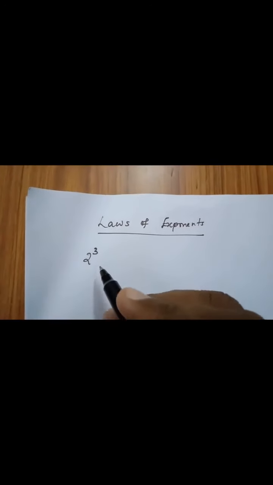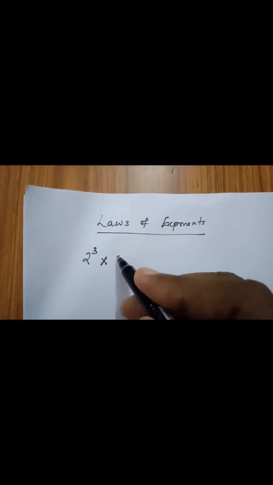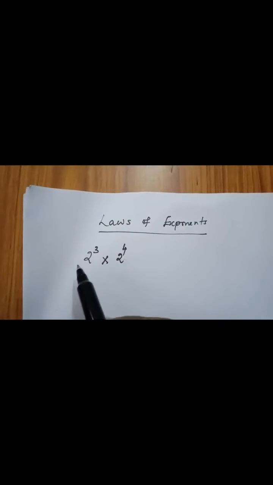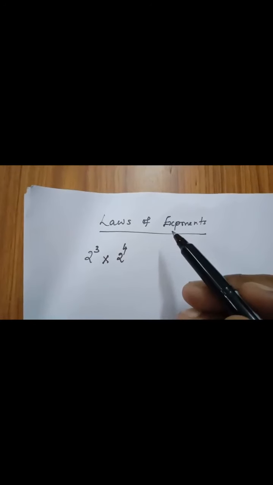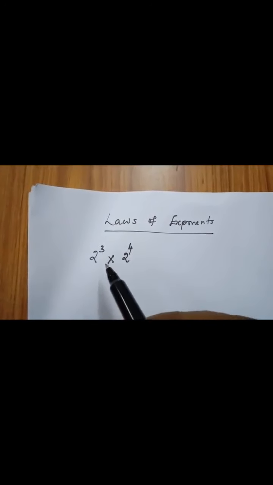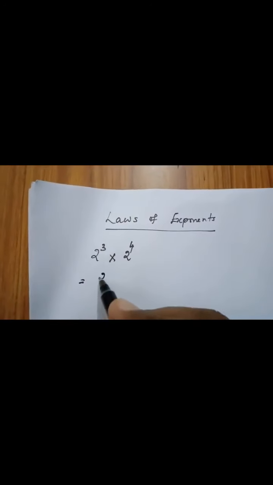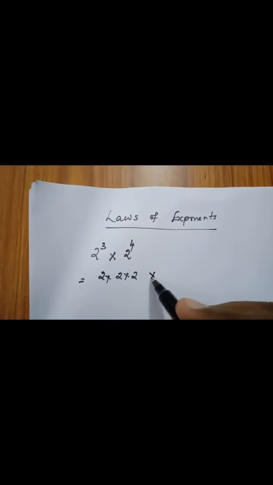Now for example, if you are going to multiply 2 to the power 3 multiplied by 2 to the power, say 4, here we can see that both the bases are same. And one important thing is laws of exponent is applied only in the case when the bases are same. So here we are going to see what happens when 2 to the power 3 is multiplied by 2 to the power 4. 2 to the power 3 means 2 multiplied 3 times, then multiplied by 2 to the power 4 means 2 multiplied 4 times,